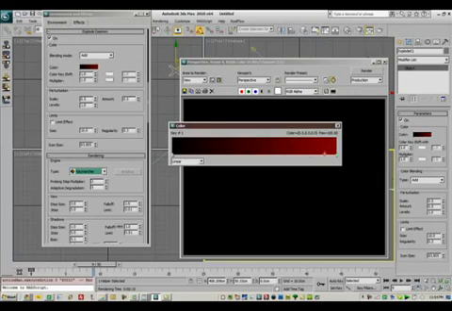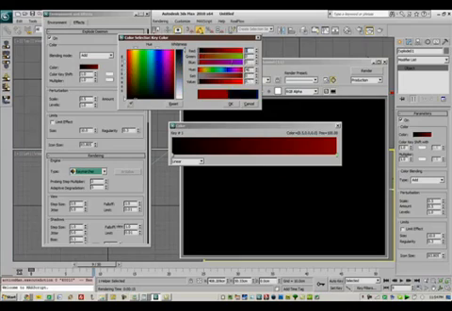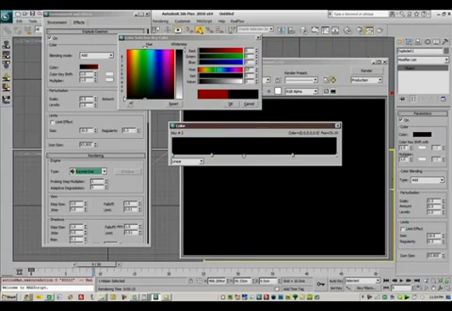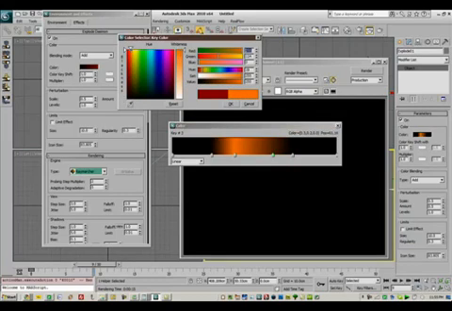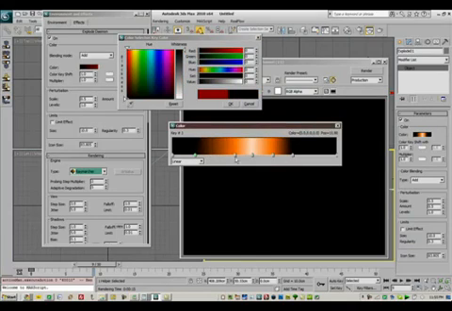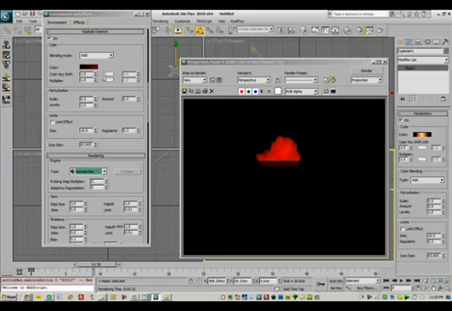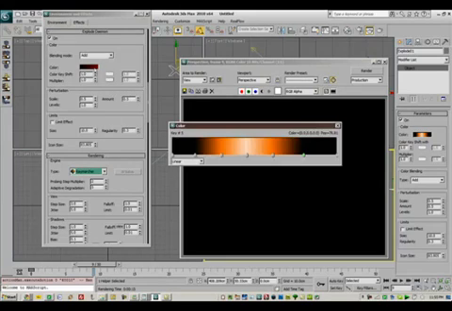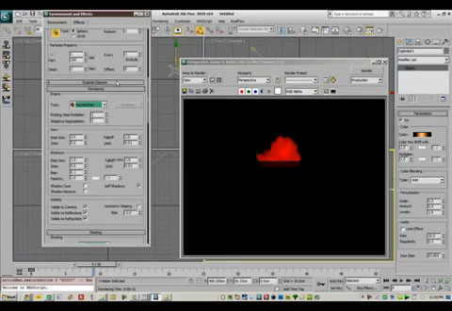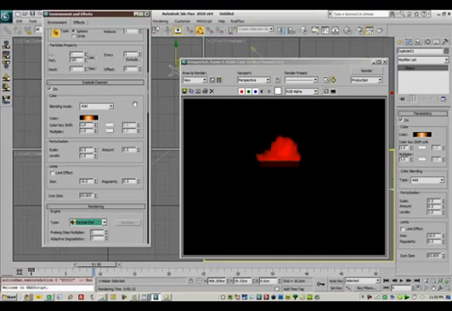So what I can do here is I'm just going to set this up to start out as black. So we start out smoke, but then in the very center is where we're going to tell it to be the red hot explosion that we want. So I'm going to set up these colors, and then the very center I'm going to make it more of a hot white. So it hasn't really refreshed, but there we go. And all we're doing is we're basically kind of saying that in the very center